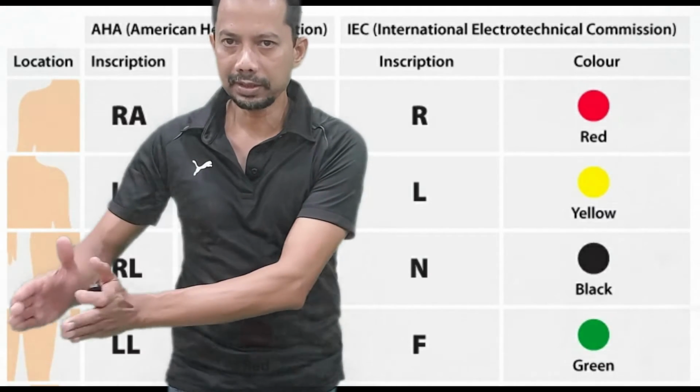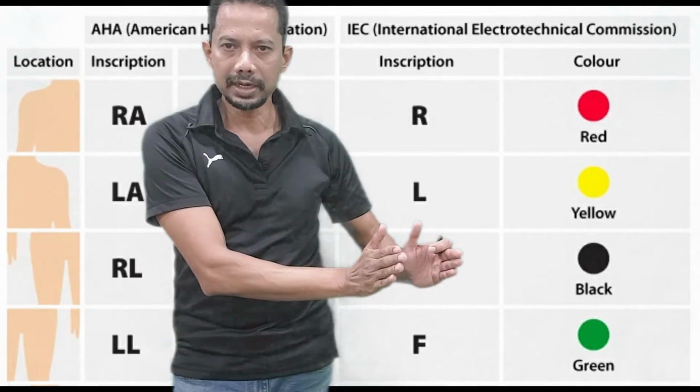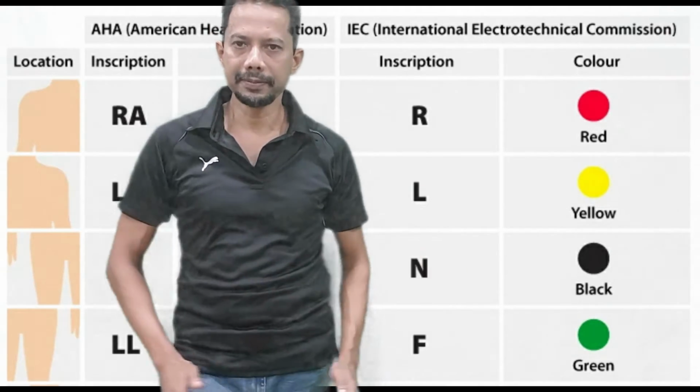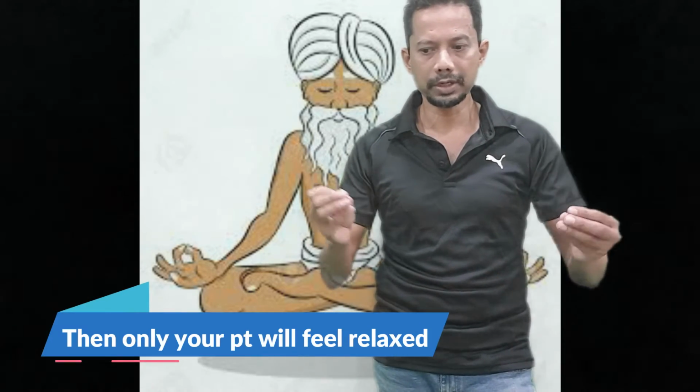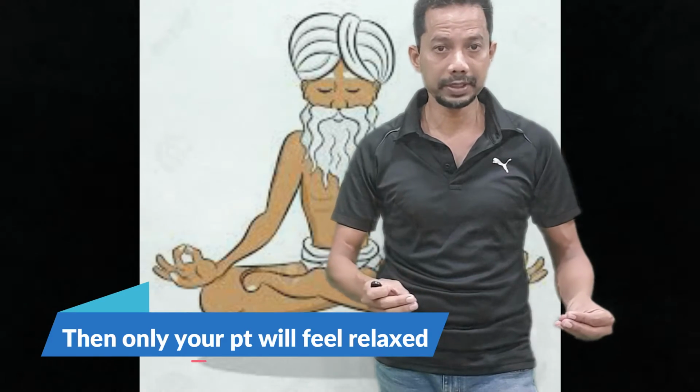So one side leads are on one side, the other side leads are on the other side. What all things you need to know, and what all you should do when you connect the leads to the patient. First thing is the patient has to be very relaxed, because if the patient does not know what is going to happen to him when you tie all these electricity leads, the patient will think you are going to give some sort of shock or something to the patient.